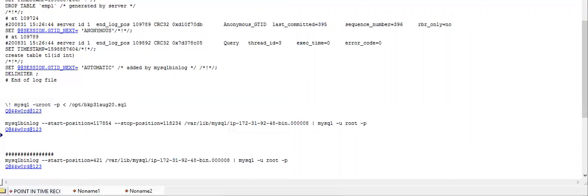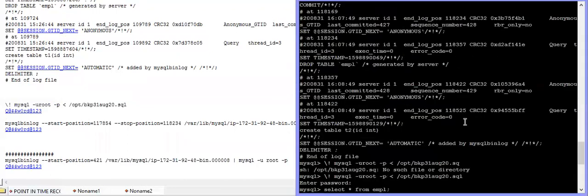You can see here what was your start position after dropping. It was this. And if you want to recover after dropping the table, you can start with this position also. So I think it is helpful for you.